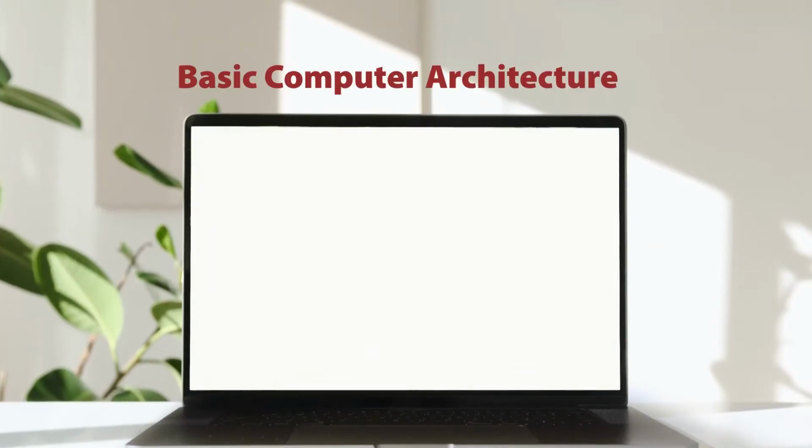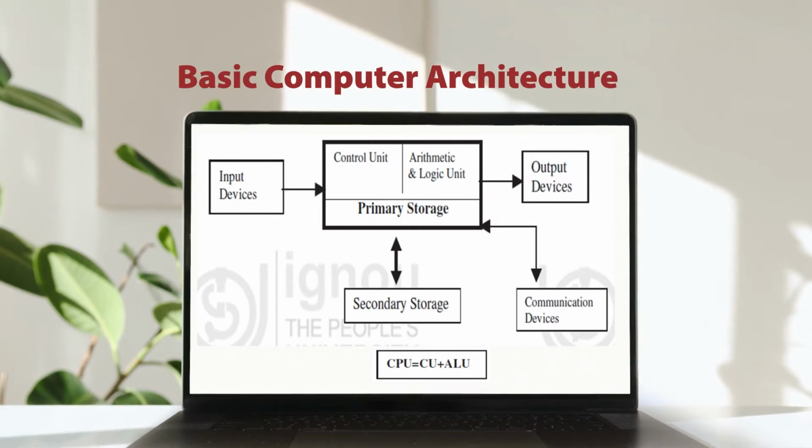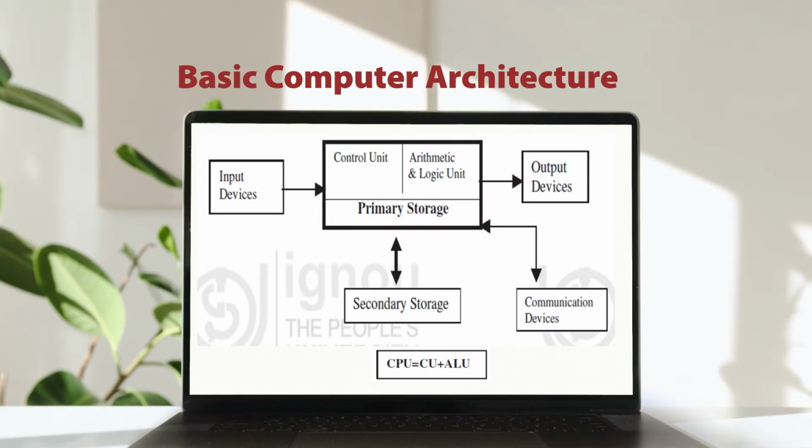So, let us start our discussion by looking at the basic architecture of the computer system. As in the previous video, you have seen that a computer system based on von Neumann architecture basically talks about the stored program computer system, because all the things are first loaded in the main memory and from there each and every operation is performed. It means your whole data and operation is stored in the main memory, and from there the control unit as well as the arithmetic logic unit is performing the different activities.